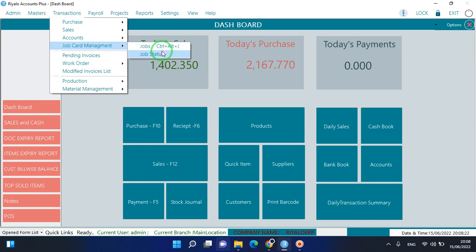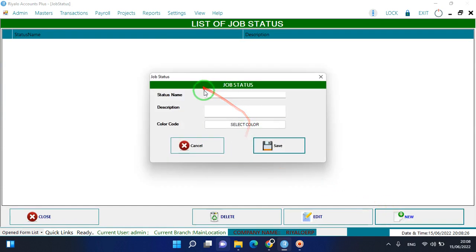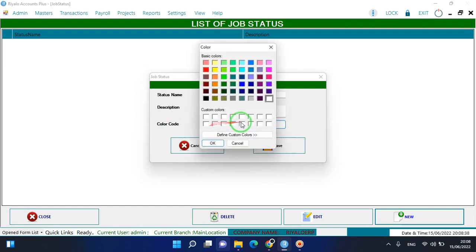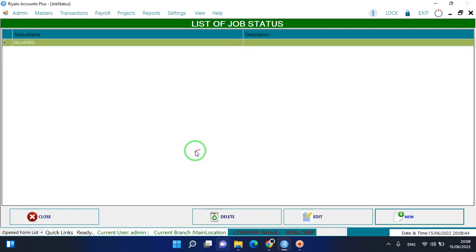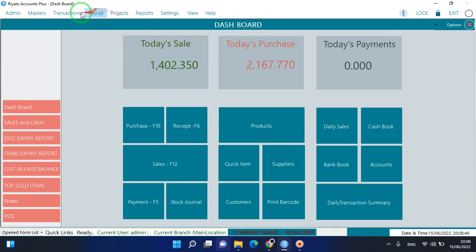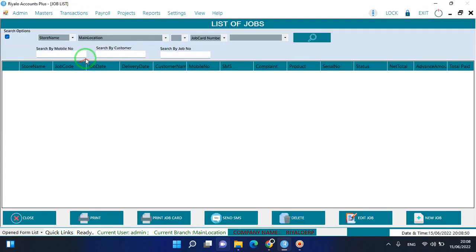Before going to jobs, you have to create job statuses. For example, now I'm going to create just one. I'll type here "delivered" and I'll select a color for this delivered. And after that, what you have to do is go to transaction, job card, jobs, and here you'll get